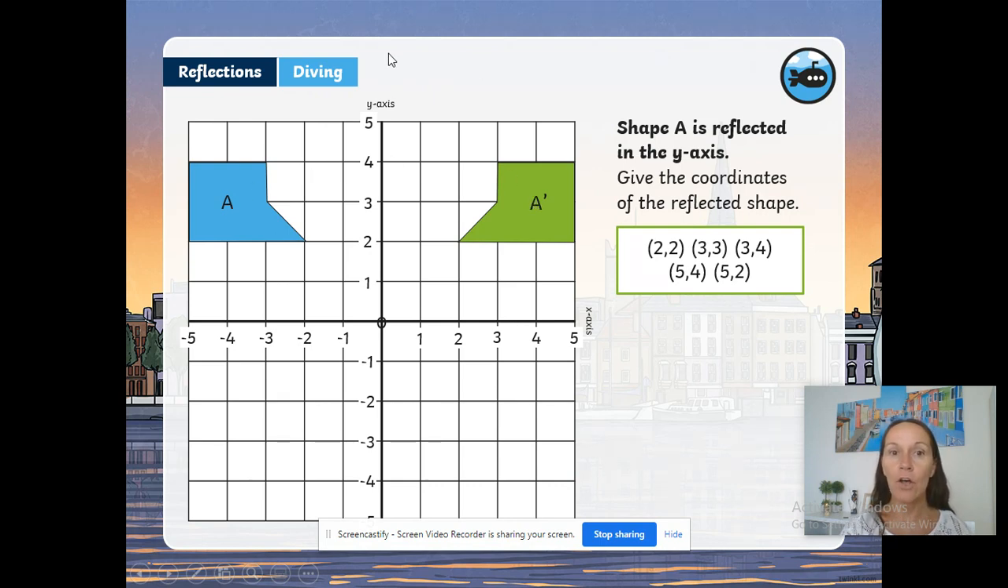Now, if this was a piece of paper and I was going to fold this piece of paper down the middle there, that shape would slot exactly onto that shape. And here are the coordinates for the new shape. Let's check. 2, 2, always go across 2, up 2. The next one, 3, 3,